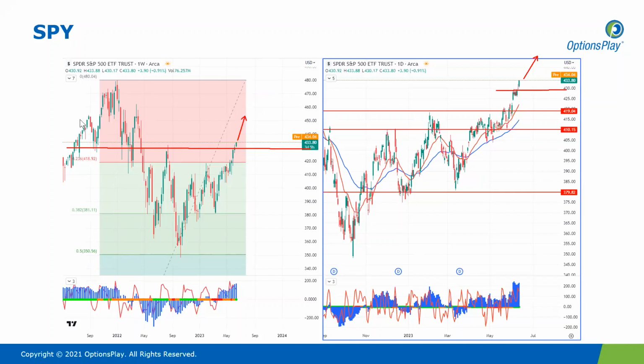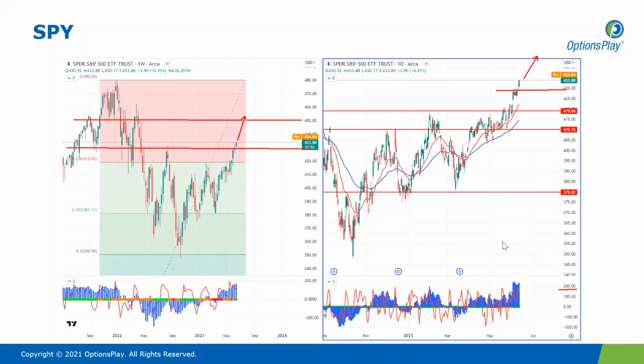When it comes to the next key level for the S&P 500 at the SPY ETF, we are looking at 450. That is the next key level here. But you can see that the S&P, by breaking above the 420 level, the 23.6 retracement level, that was a major area of resistance that really proved to be the catalyst for the continuation of this bullish rally that we are seeing. The one thing I will say is that on the daily time frame, we are seeing the 50-period CCI, which is a blue histogram, that is above 200. Now, 200 is what I would consider an overbought condition.